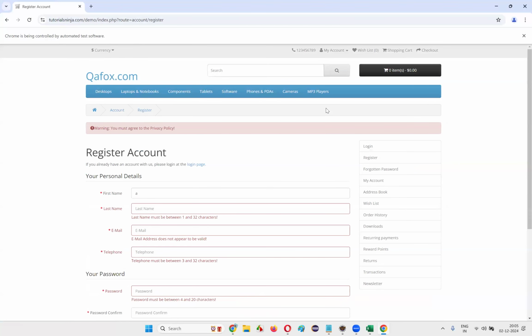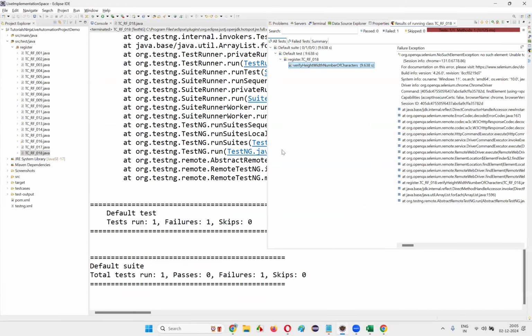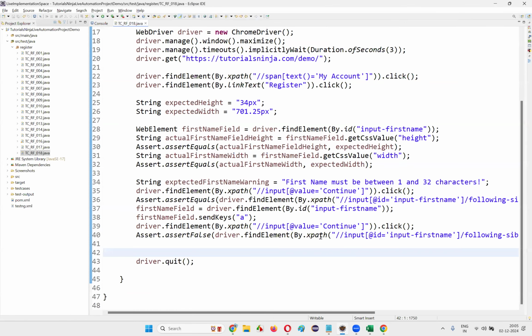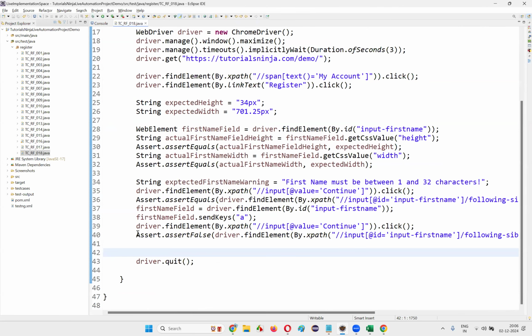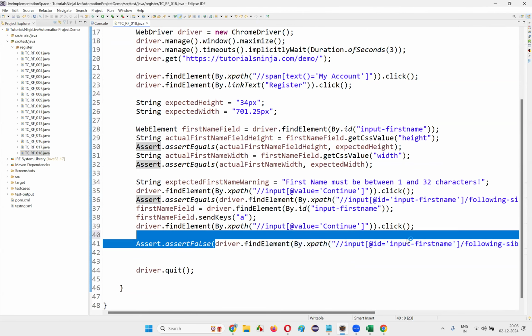Okay, is the browser closed? No. Looks like the script failed. Maybe a no such element exception will be there. Then how to verify this? How to verify this? Okay. So if there is an exception coming here, that means if there is an